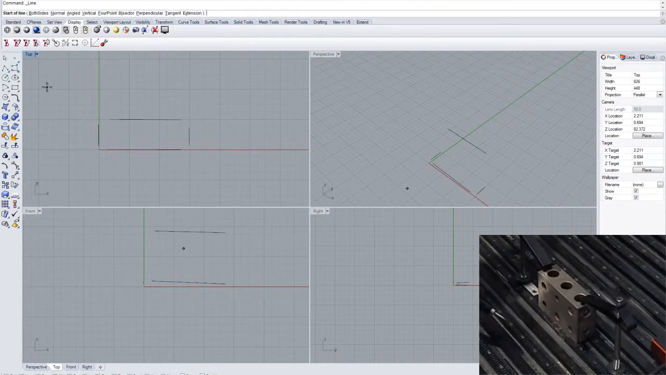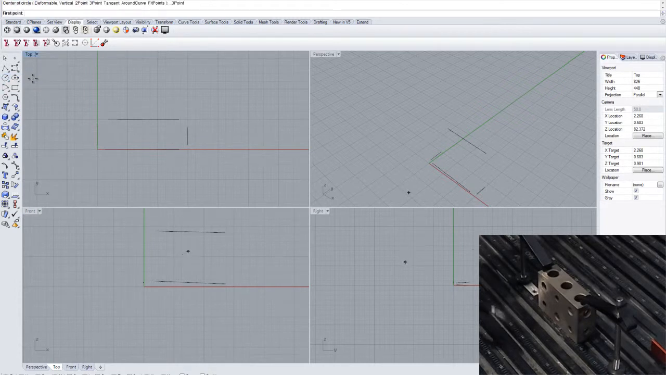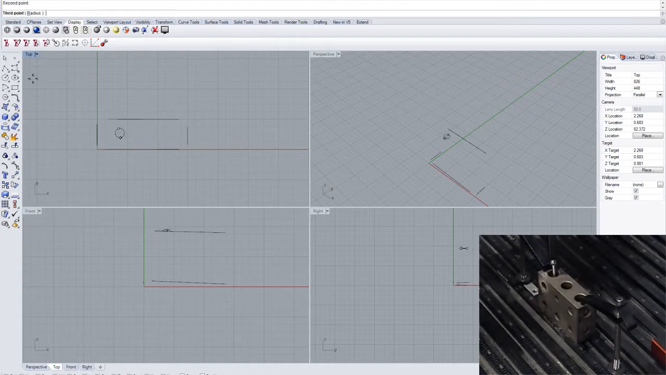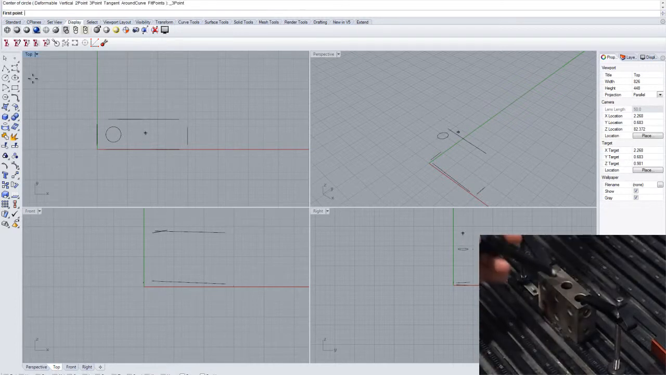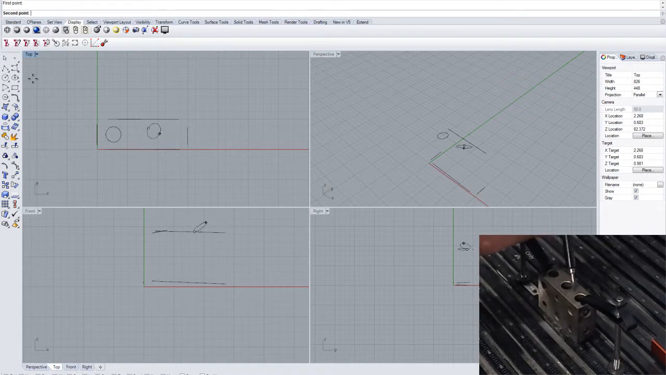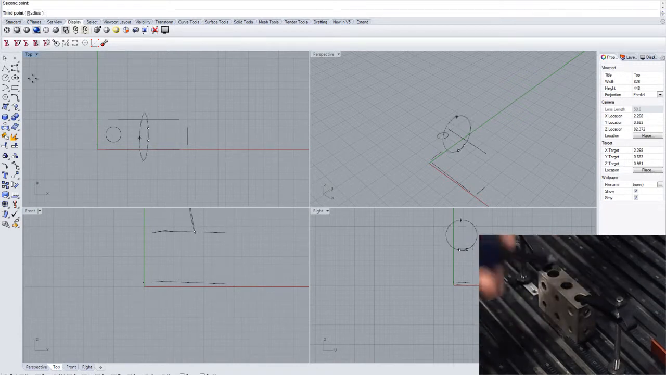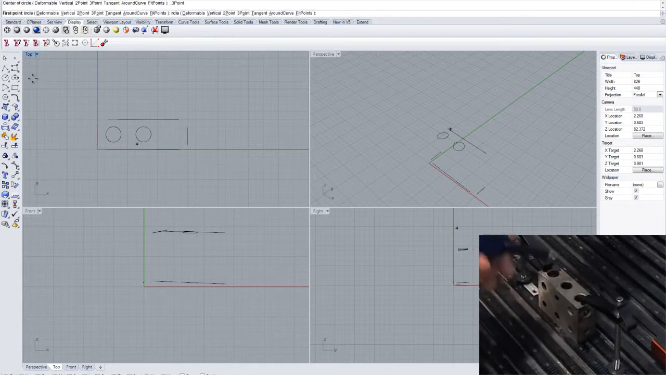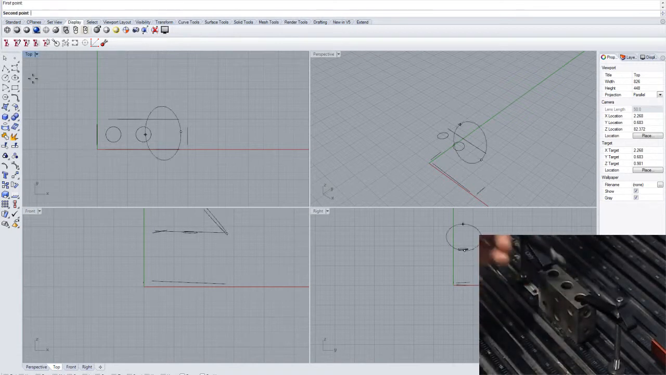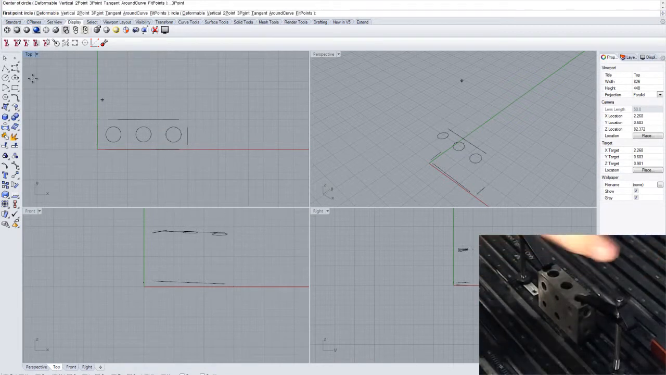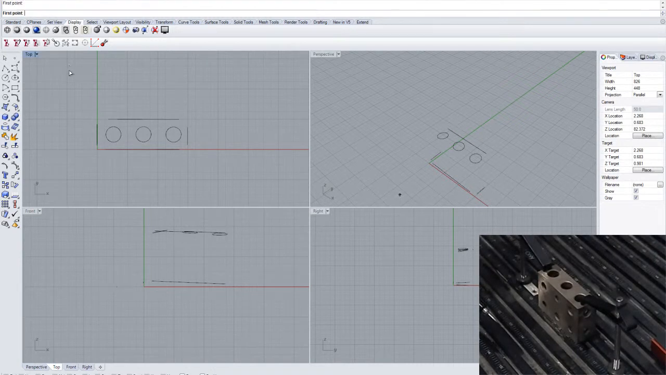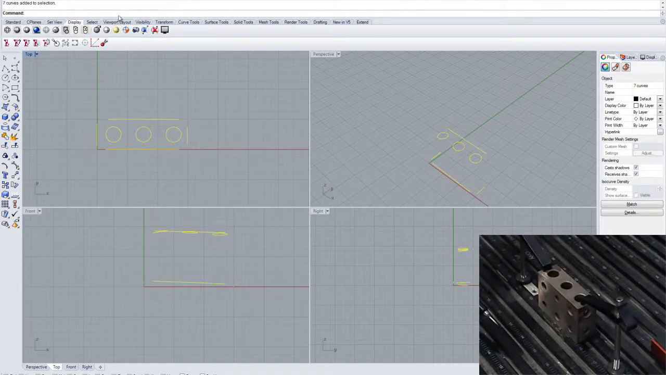Let's go ahead while we're here and pick up some circles. So we'll use a 3-point process. First point, second point, third point. Pick up our second circle. First point, second point, third point. And then our third circle. First point, second point, third point. All right, now we're going to take all of this data and we're going to project it down